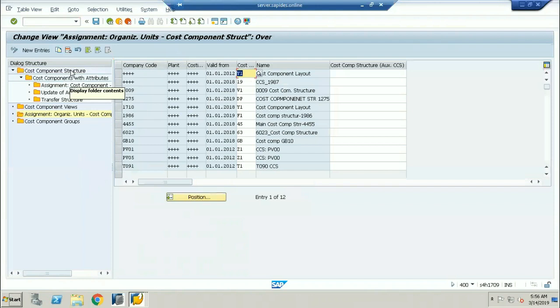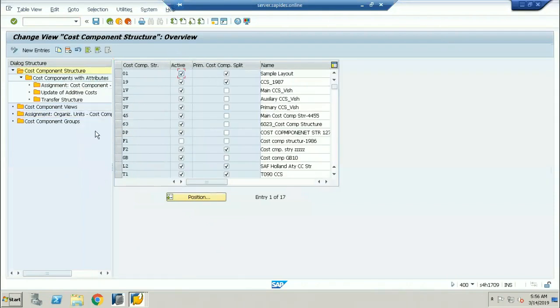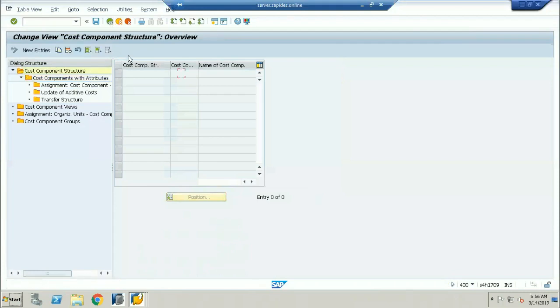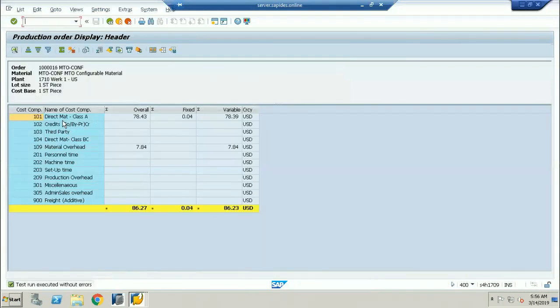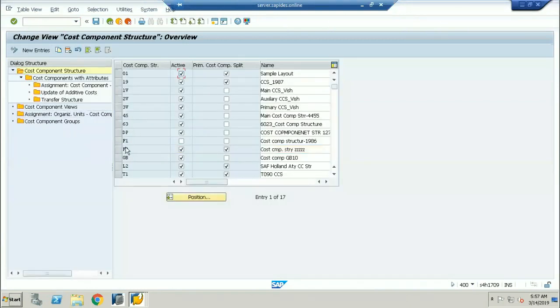Now, if I go into the cost sheet component, if I select F1, I think it is F2, yeah. Not maintained here, one second.